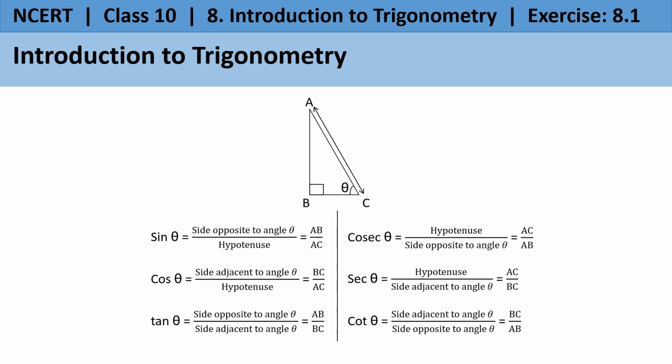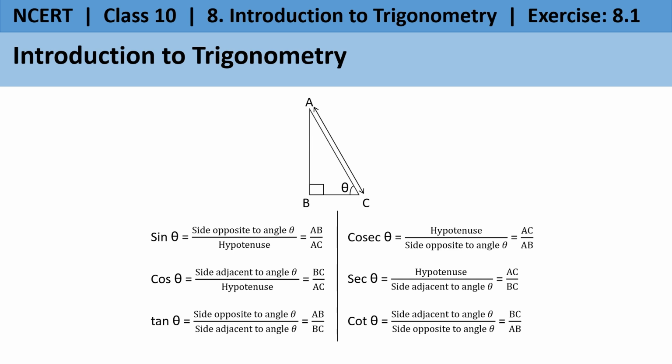AB by BC. Cosecant theta is defined as hypotenuse by side opposite to angle theta, which is equal to AC by AB. Secant theta is defined as hypotenuse by side adjacent to angle theta, which is equal to AC by BC. Cot theta is defined as side adjacent to angle theta by side opposite to angle theta, which is equal